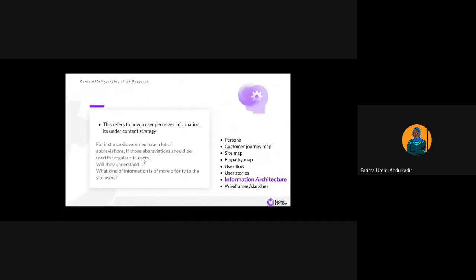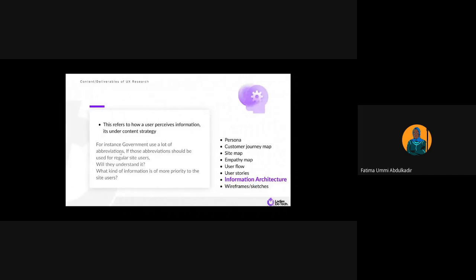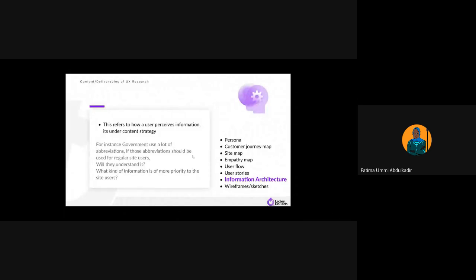This is not the presentation of information architecture. I don't have it here, but after all my explanation, we'll be able to do some practical things, or look for things that you have questions on, then I'll drill down on them. For instance, government use a lot of abbreviations. I think all of you can attest that governments do use a lot of abbreviations, right?